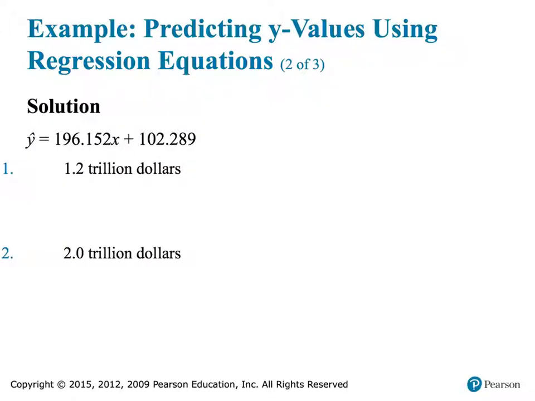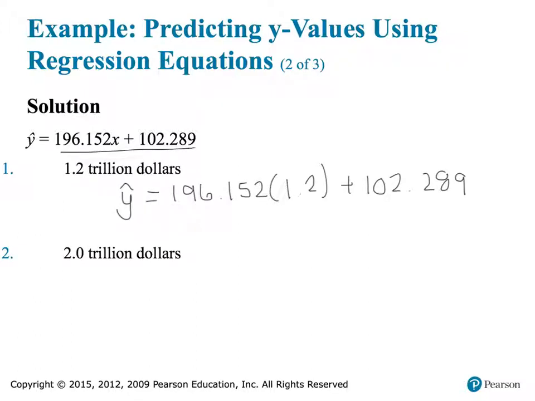Now remember, X was in trillions. So what that basically means is we're just going to substitute 1.2 into the regression equation. So I just rewrote this regression equation and replaced X with 1.2. When I substitute that value in and calculate that on my calculator, this model would predict